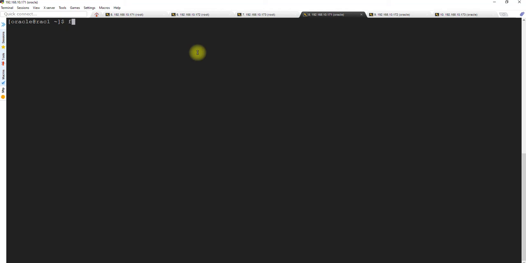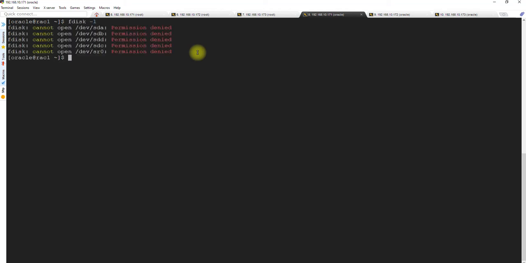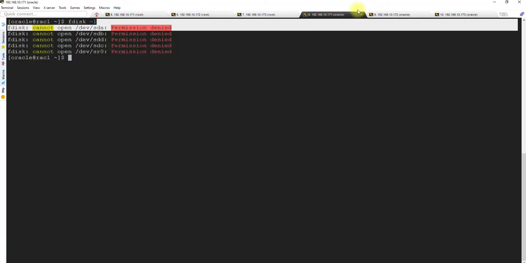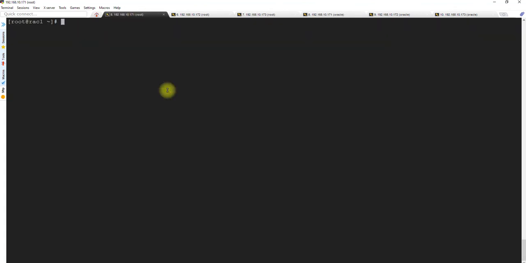So we need to partition the disk, starting with fdisk -l. Sorry about that, I made a mistake. We don't need to use the Oracle ID; we will be using the root ID. The Oracle ID does not have the permission to create partitions on disk, so it needs a root account.